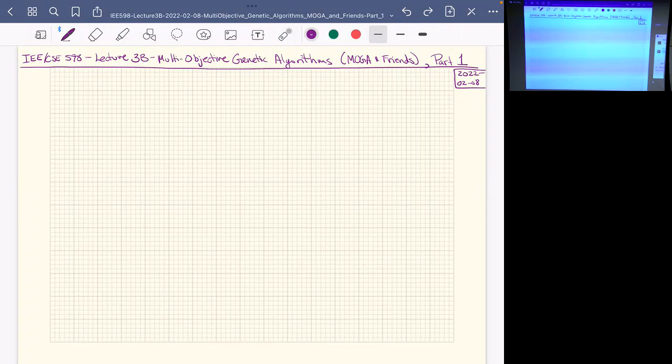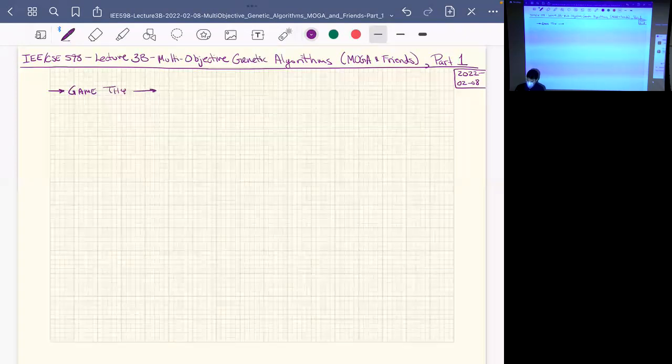Great. All right, so now we're talking about multi-objective optimization, which is one of my favorite topics. We started talking about it a little bit last time, and I said most of the time when people think about multi-objective or multi-criteria decision-making, the first thing that comes to mind is game theory, where you have a number of players. So we'll say n players